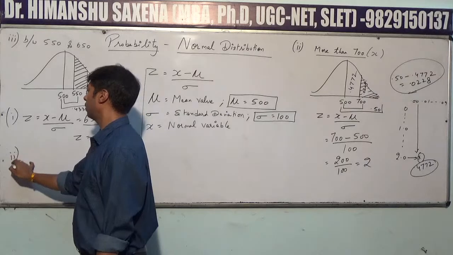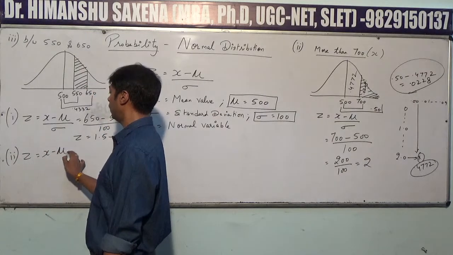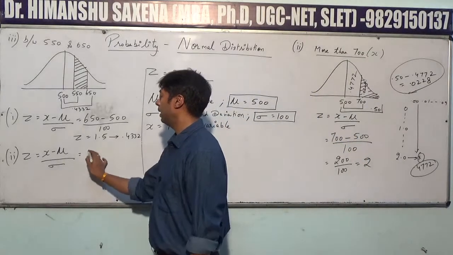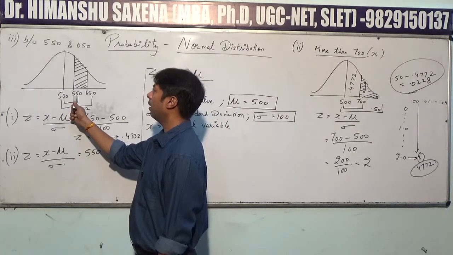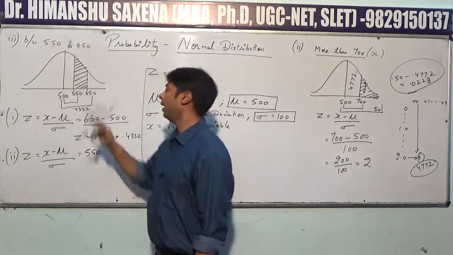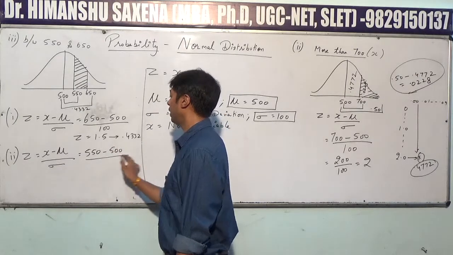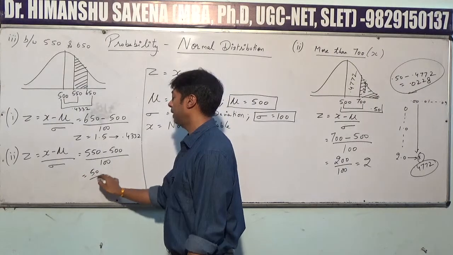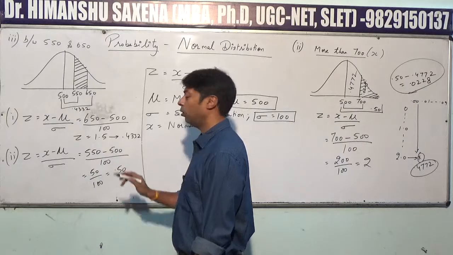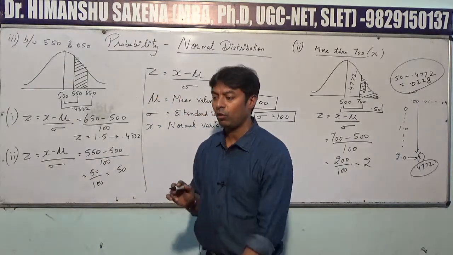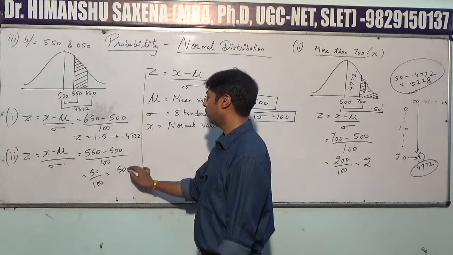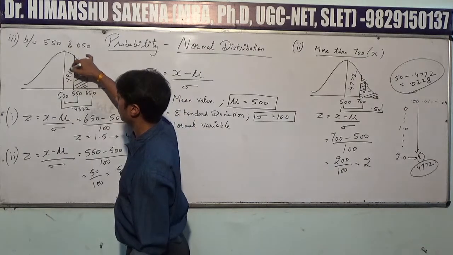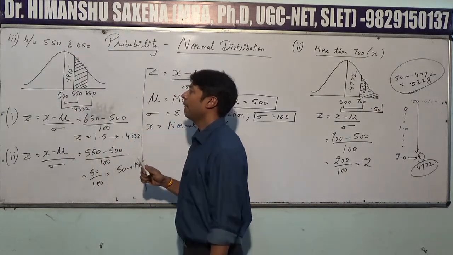Now the second phase. The formula remains the same, x minus mu upon standard deviation. How will this be solved? Please see, 550 is the other value of x. Both these are representing x only. So 550 minus 500 upon 100, that's 50 upon 100 equals 0.50. Now please look into your tables and tell me the value of 0.5. That's equal to 0.1915. Now the probability between 550 and 500 will be equal to